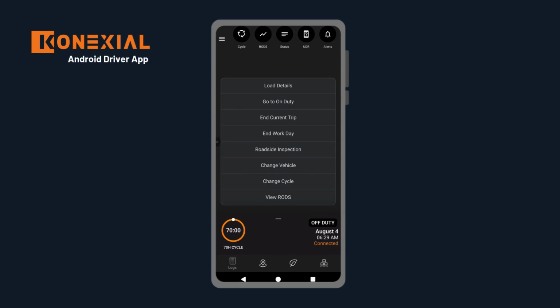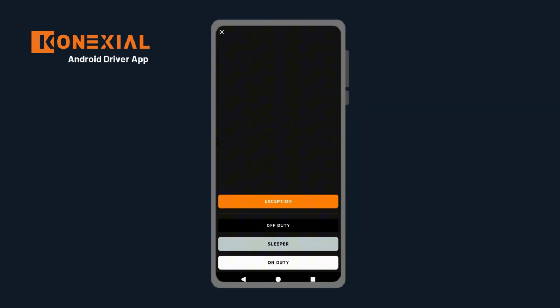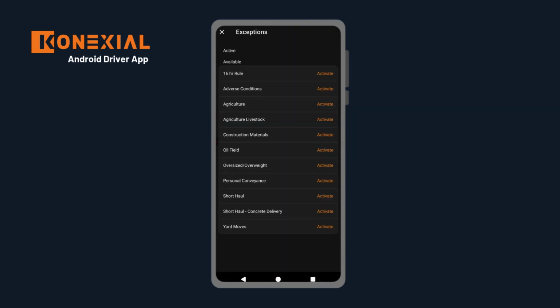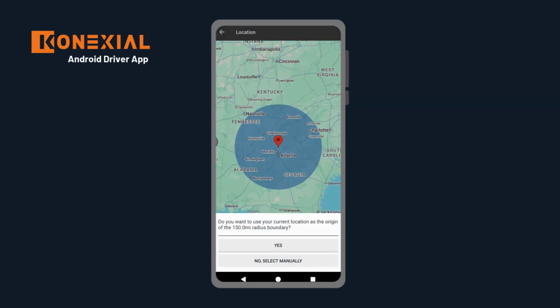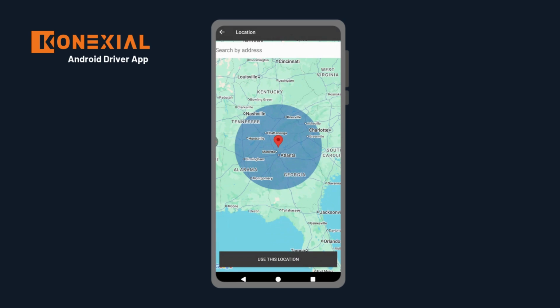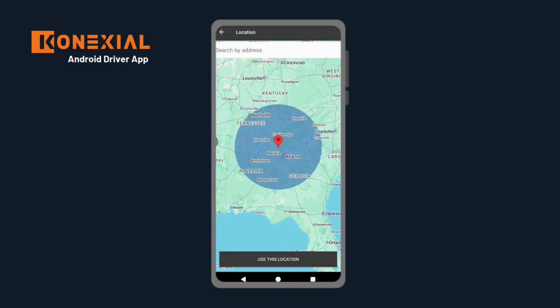All right, I've already started my trip, done my pre-trip DVIR. Before I start driving, I want to go ahead and activate the ag exception. So I'm going to select, I can either do that up in the top, go to status, or I'm going to just select off duty on the widget, go to exception. I'm going to select agriculture, and then it's going to give me an option either to select my current location or select it manually. I'm going to say no, select manually,